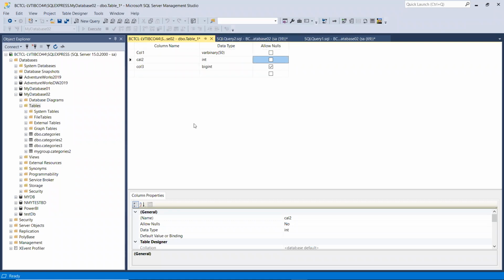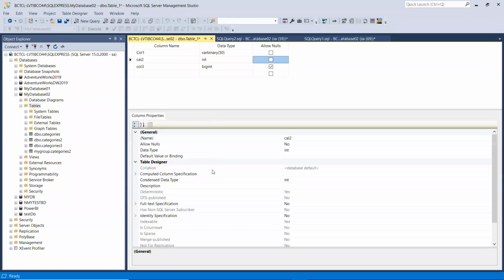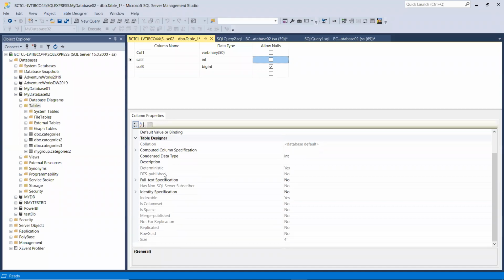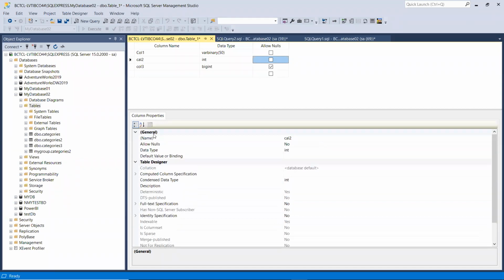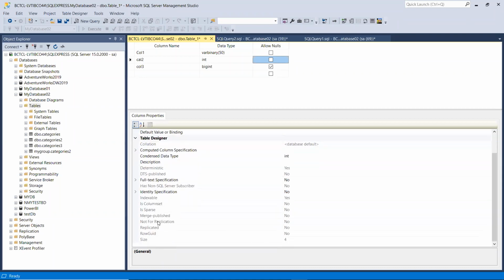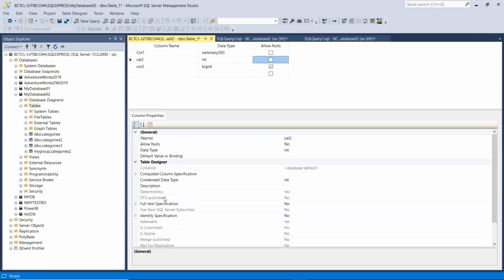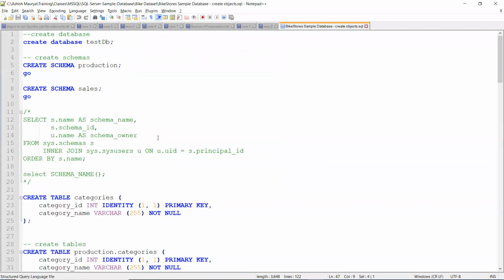Okay, and apart from that, if we just go ahead and make some changes on the properties as well, you can see there is a lot of information that can be added while creating the tables. So whatever you see here, all this information can be added through queries as well. Okay, is it indexable, column set is sparse? So this is the level of complexity it can go to for creation of the table itself. But then are we going to go through all those things? Answer is no, because creation of tables will not be your job.